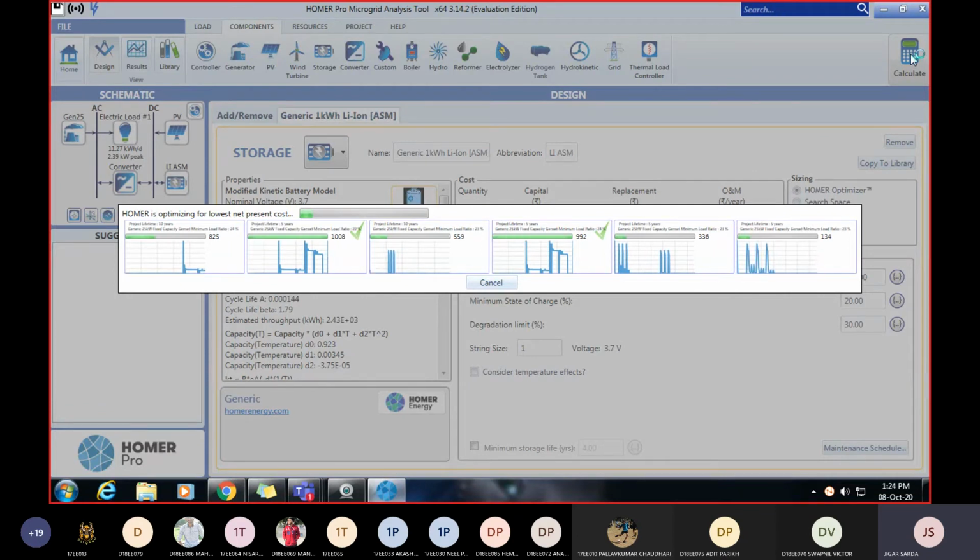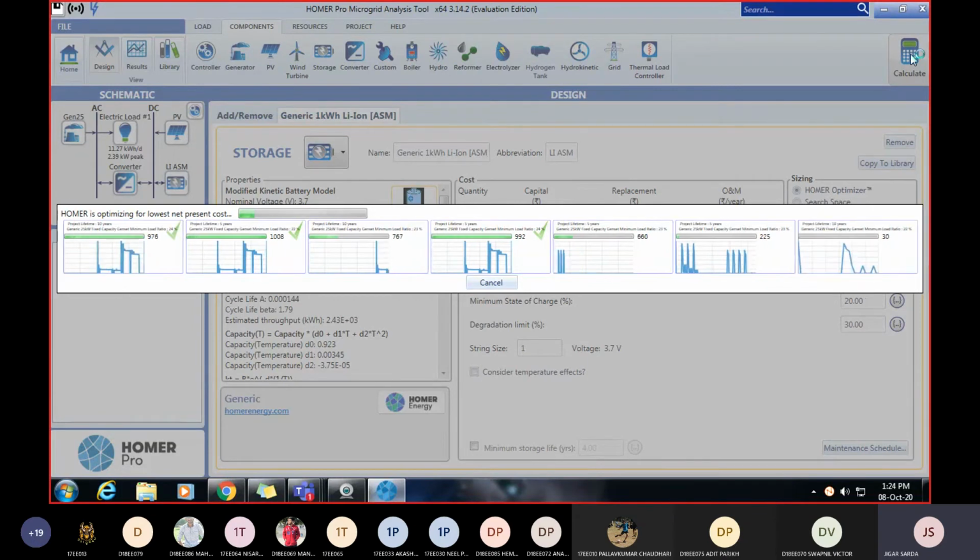If you take more sensitivity variables, it requires more time.